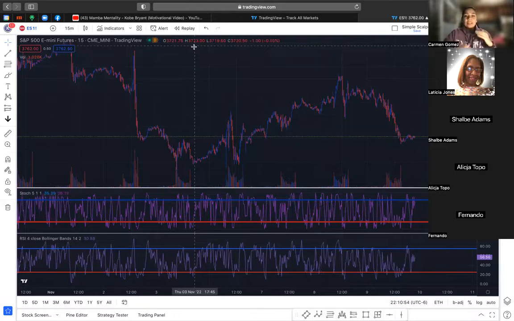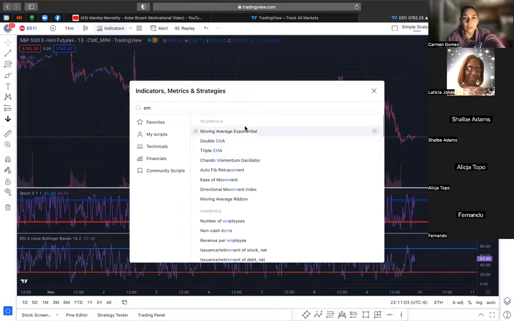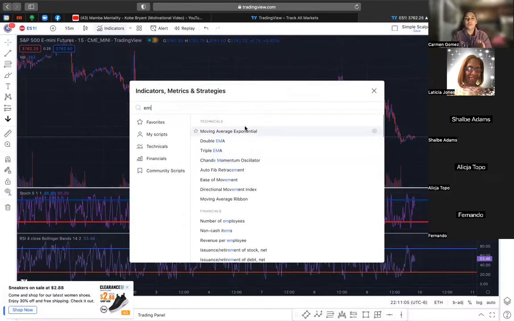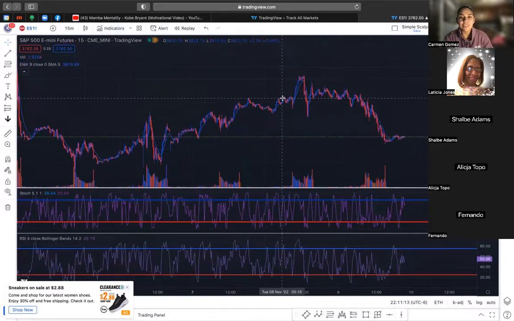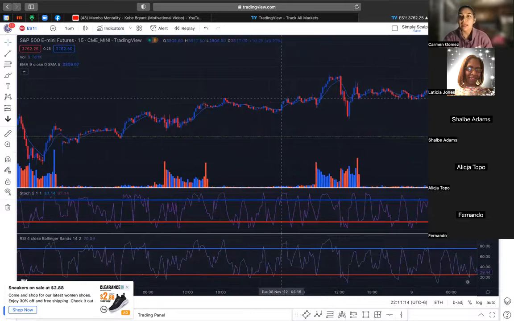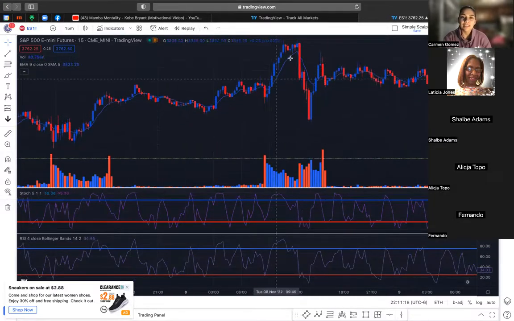So here I'm going to go to the indicators and add the EMA, which stands for exponential moving average. Fancy terms for letting you know overall market direction. It is this little thin blue line that we have right here. If you're able to see this thin faint blue line going through the candlesticks, drop a 111 in the chat box.